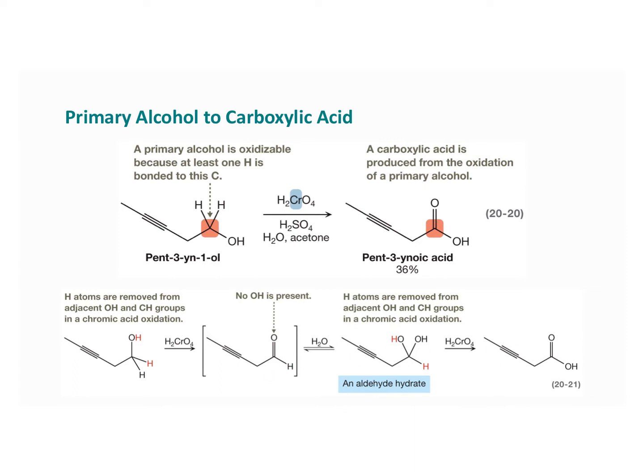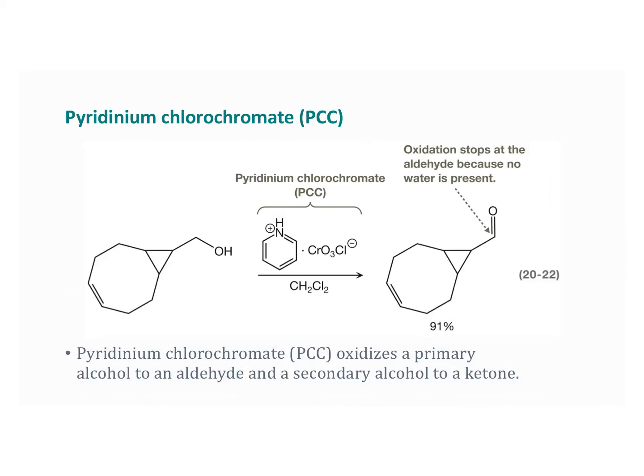And we might want this oxidation to stop at the aldehyde stage, right? And so if that were the case, we can't use chromic acid, because chromic acid is going to go all the way over here to the carboxylic acid because there's water present. But I want you to notice when we use pyridinium chlorochromate, or PCC, we stop here at the aldehyde stage,